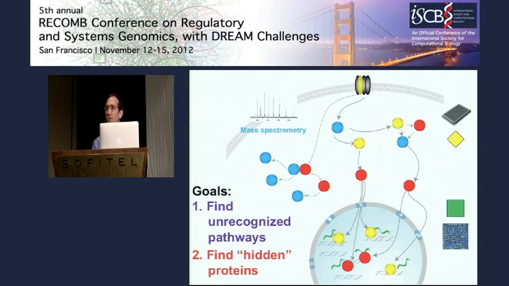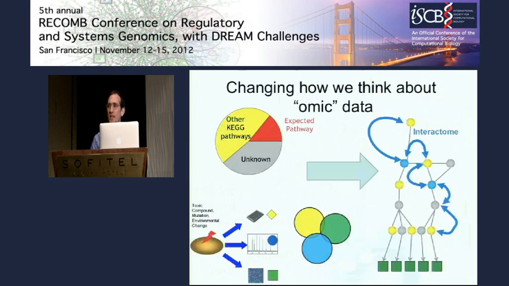So we want to use these approaches to find some of these hidden proteins, the ones now indicated in red, that are part of these same biological processes but were not detected directly in any of our experiments. And so we need to adjust how we think about omic data, to go from just mapping it onto known pathways, or trying to use multiple techniques and looking at the tiny bit of overlap between them, and really focus more on the network approach. And so in the next couple of slides,